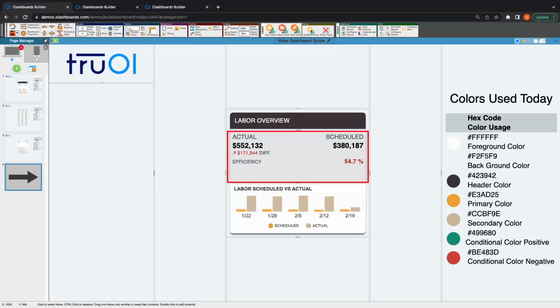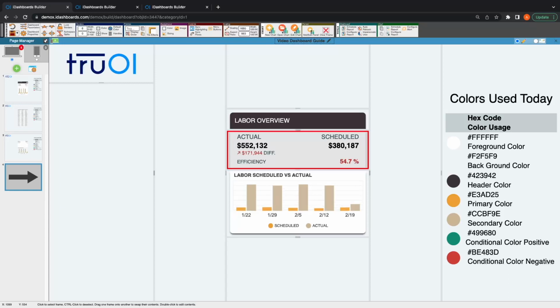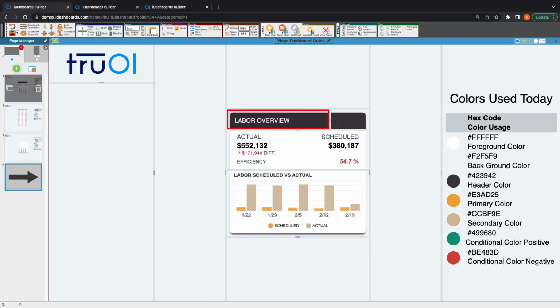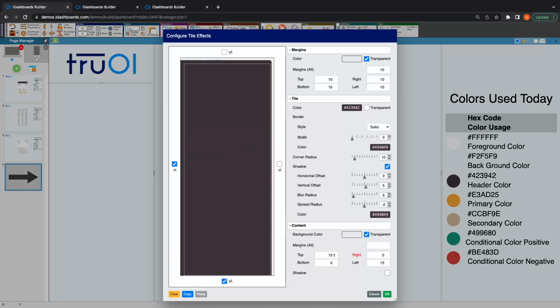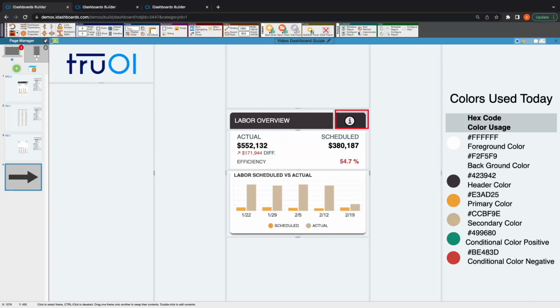Now that we're back on the dashboard, we've got a couple more adjustments to make and we'll be finished. First being adjusting the tile effects once again. The very last thing we have to show you today is to bring in that information button. For this, we're just going to split the top again, bring it over to the side, and we're going to paste in our minimize panel, and then adjust the tile effects accordingly. Now we'll go ahead and turn off the frame borders, and you'll see that we've successfully built out one